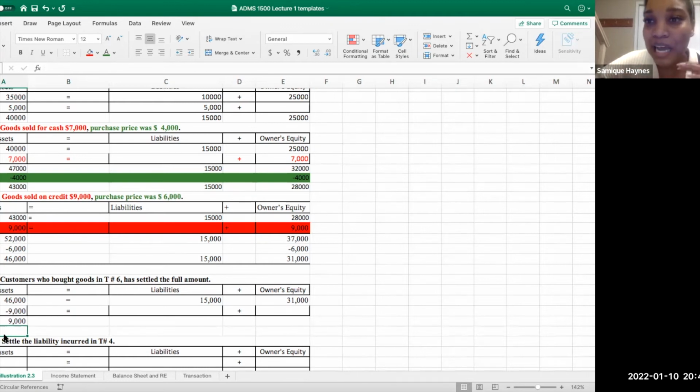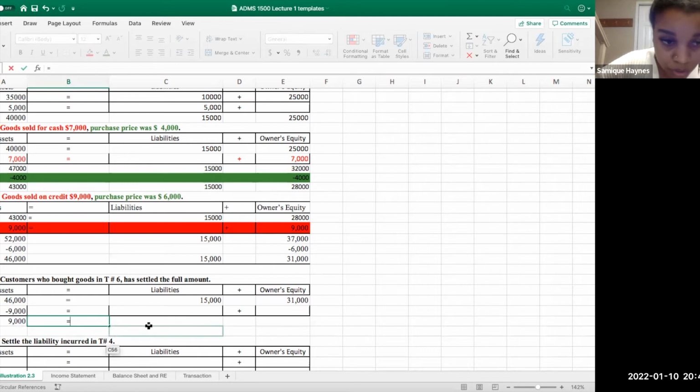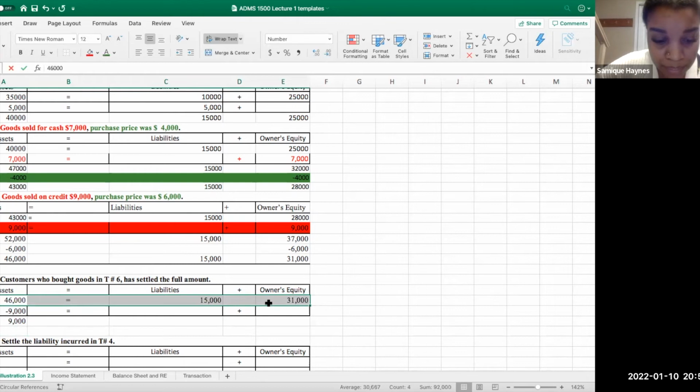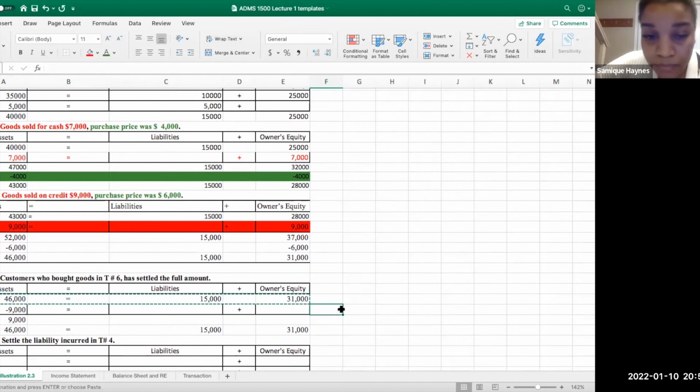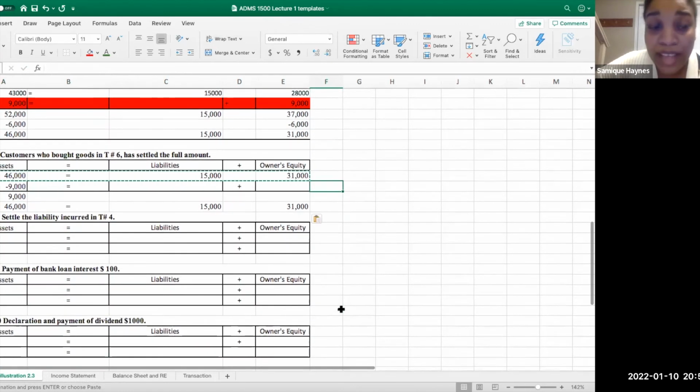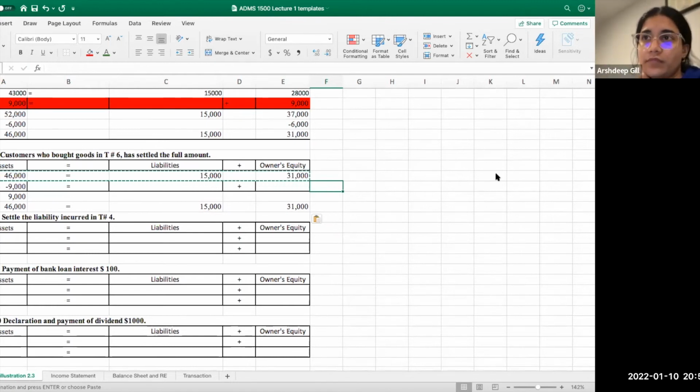So it's like we transformed the accounts receivable into cash, and that really stresses the idea of a short-term asset. You see how easily and quickly these things change, right? Short-term, within 1 year, it's going to change or become cash. 9,000 there. Does anything change here? No, everything remains the same, so I can just copy and paste that down there. All right. Are we good with that? Everybody understands that?